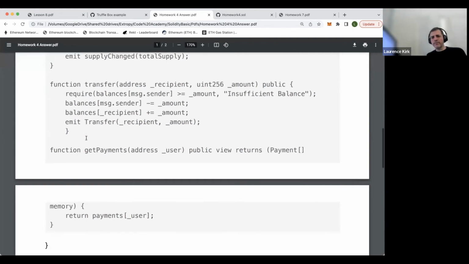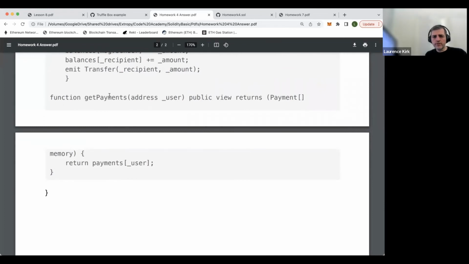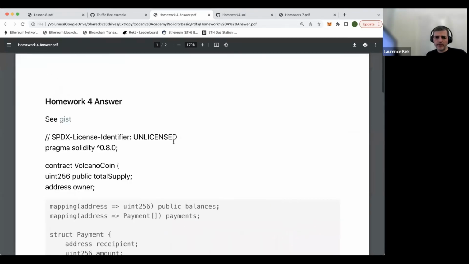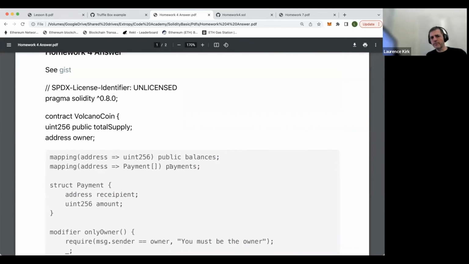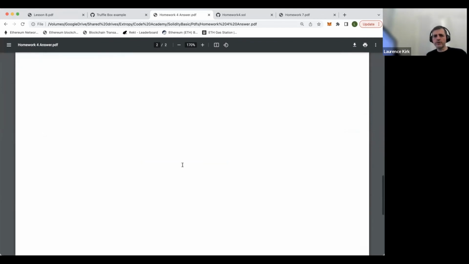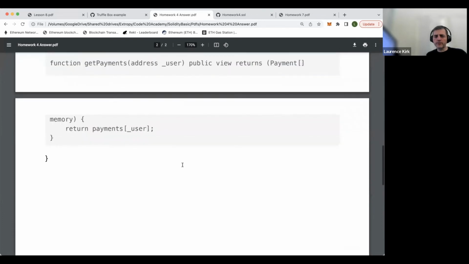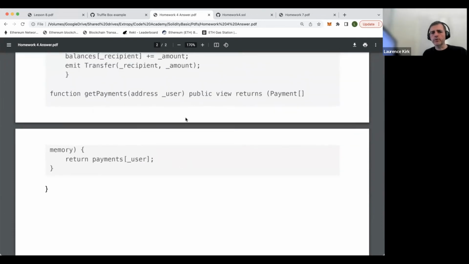And then something that people do get stuck on sometimes, this get payments method. So for the payments mapping, if you make this public, it will give you a method, but what it will try to do is to not only take the address of the user, it will also try to take the index of the array that we get back as well. So which is sort of going down to the lowest level that it possibly can, but it's not exactly what